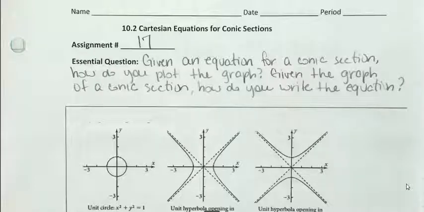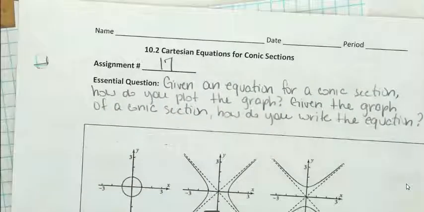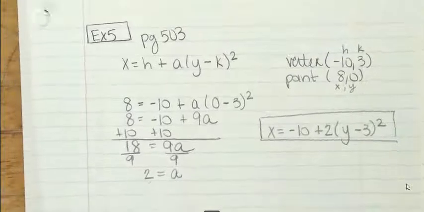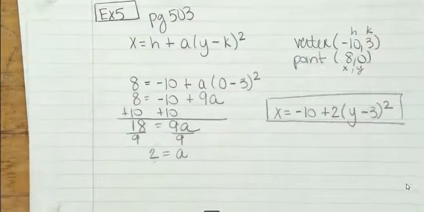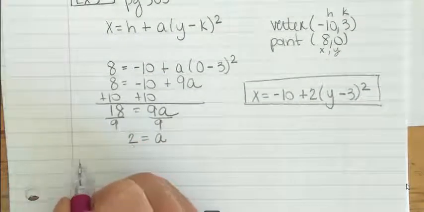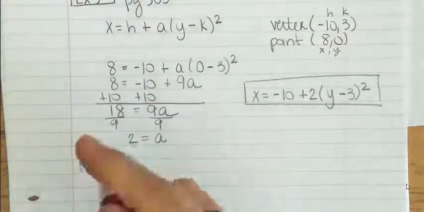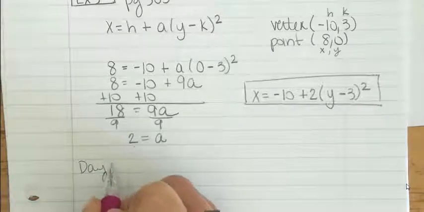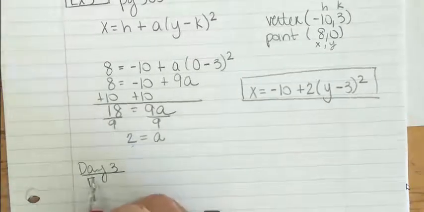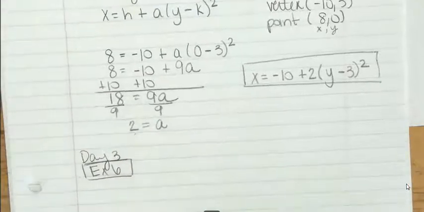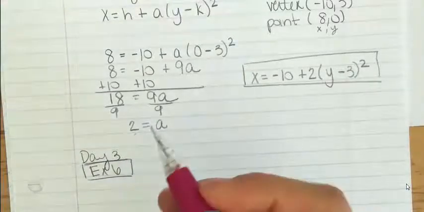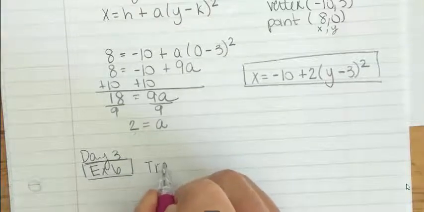So this will be our third and last day talking about 10.2 Cartesian equations for conic sections. I'm going to just keep using my exact same notes, and we're going to continue on to example 6. Maybe I'll put a little day 3 here. Okay, so the problem is that we need to transform